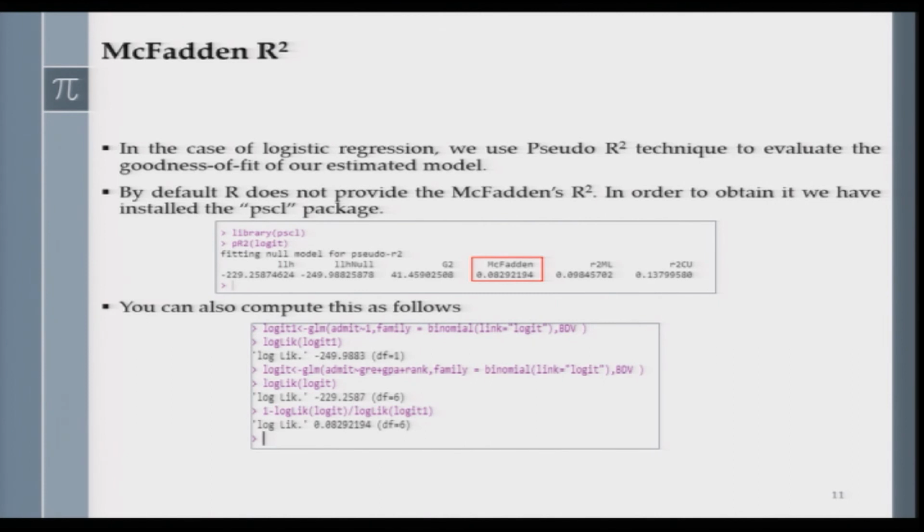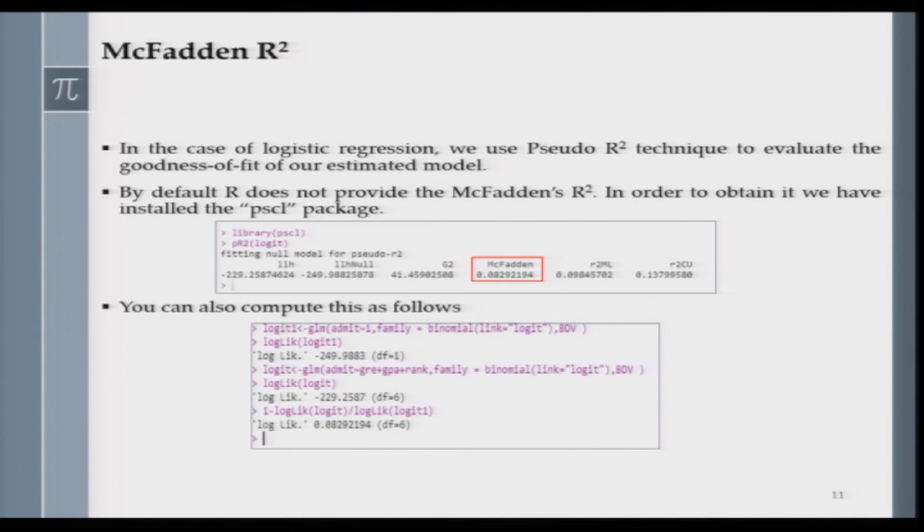First you define a logit model, which you can call logit 1, and that is an intercept only model, and you get the log likelihood value as -249.98, and the degrees of freedom is 1 because you have only the intercept in the regression model. And now you run your full model where you bring in those three explanatory variables in the regression equation, and then you have 6 degrees of freedom because you are estimating 6 parameter values.